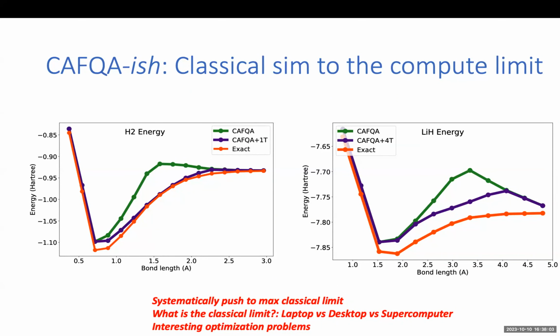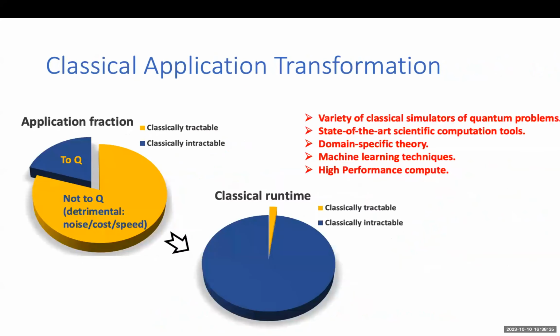So the point I'm trying to make here is that given that you have some classical compute capability, which is maybe a laptop, maybe a desktop, maybe a supercomputer, there is some amount of non-Cliffordness that the supercomputer can handle, right? And again, from my example earlier, say you have 1 day on the supercomputer. Your real goal should be, how close can I go to my best possible solution before I tap out and have to go to the quantum device? And this could be with a completely domain agnostic method like Kafka, or it could use a bunch of other classical simulators, state-of-the-art scientific computation tools, some machine learning techniques, some domain-specific theory, and so on.